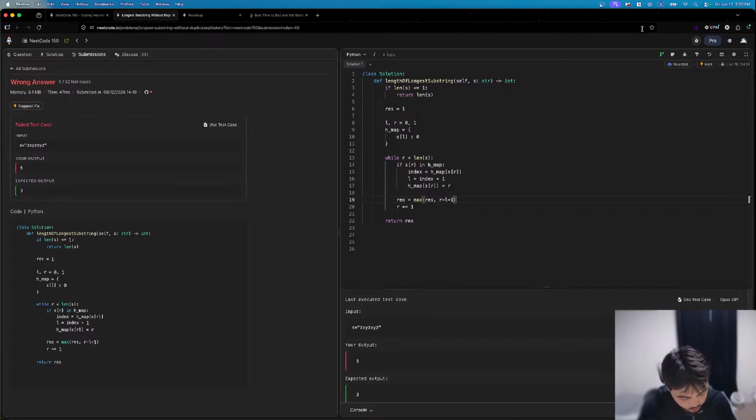So z points to 1, then r was set to 1. Oh, I think you can do this, right? If SR is in here,